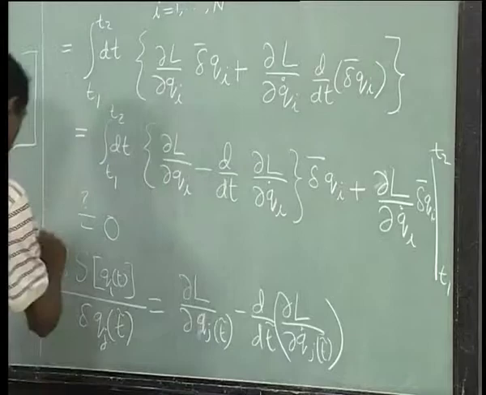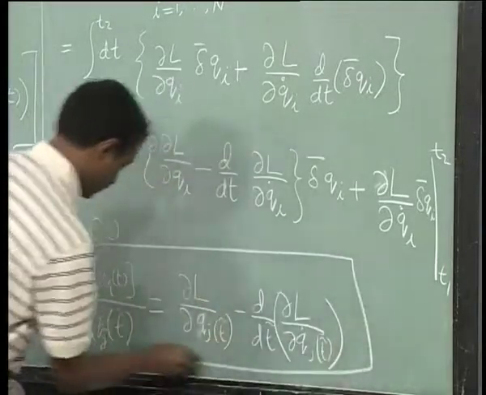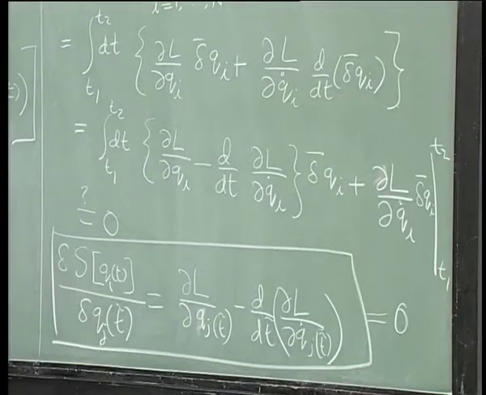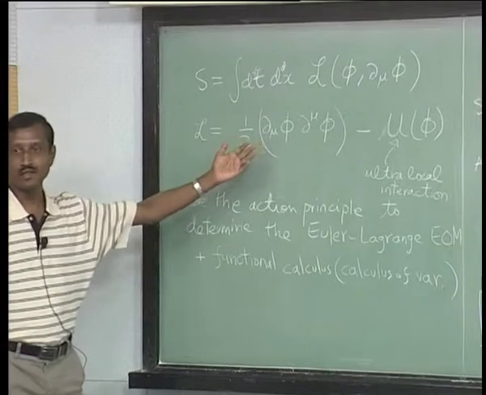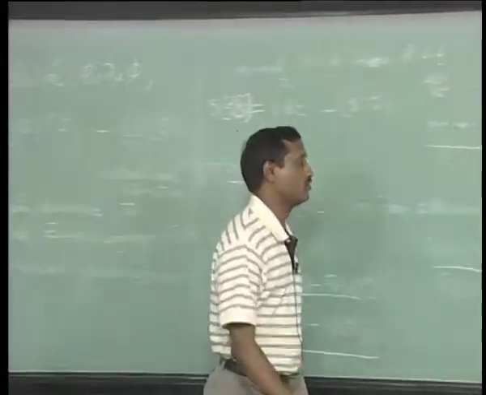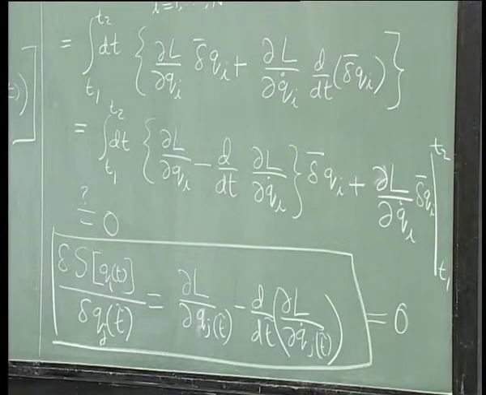Okay, so this should be 0, of course. That is the Euler-Lagrange equation of motion. Okay, so now the question is, how do we go ahead and generalize it to the case of a field? That is not so hard, because all we need to do is to observe that the index j,